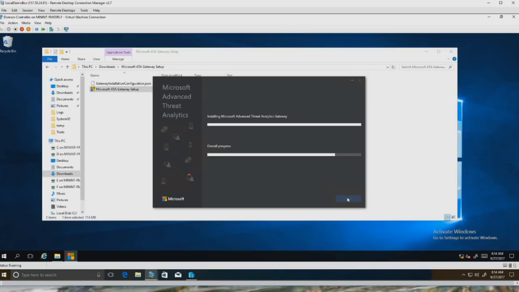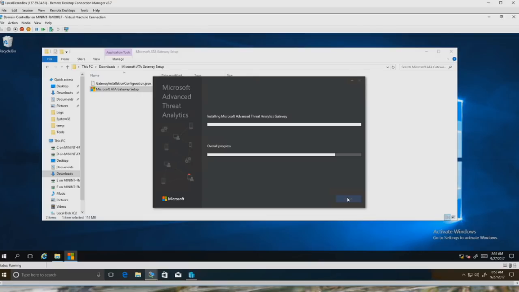The last thing you have to do, and as soon as this is finished, and demos always take longer than you think, the last thing you have to do is on a lightweight gateway machine, you have to decide which of your lightweight gateways will be a domain synchronizer. So the domain synchronizer gateway is the one that actually connects to AD and gets user information, group information, that sort of stuff.